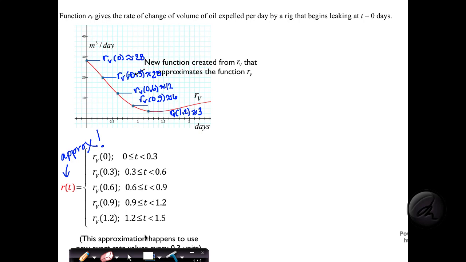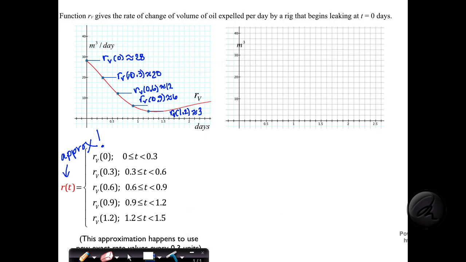R. We're going to use it just for discussion, but notice that R only requires that we know a subset of the values, a discrete number of points, or at least evenly spaced points, on the rate function, as opposed to all infinitely many between 0 and 1.5. We're using 5 points between 0 and 1.5. We're using those 5 points' dependent variable values. There are many, many others which we're ignoring, but